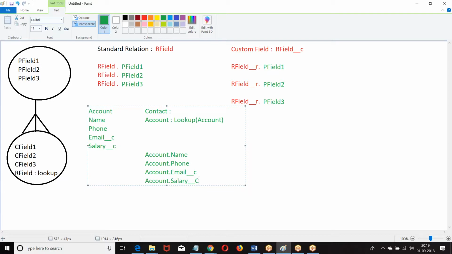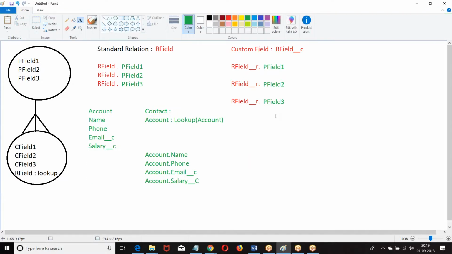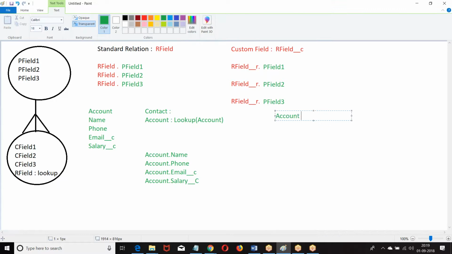It is a custom field underscore. Okay. Now what is the name of the lookup field? Account. So account dot parent field 1, parent field 2, parent field 3. Now we have account object.